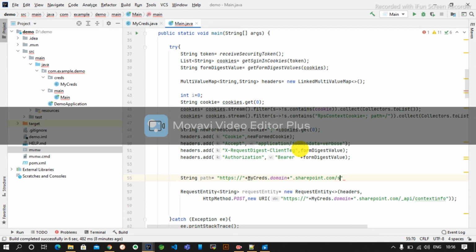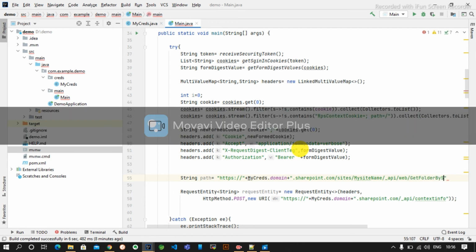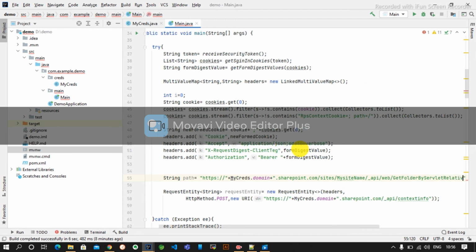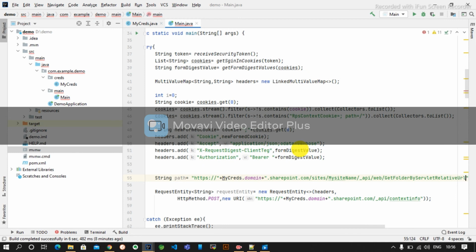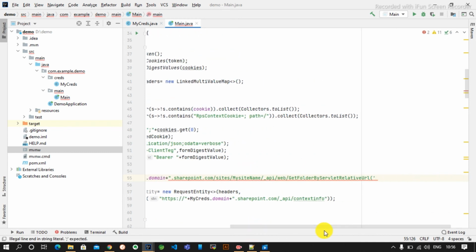Slash sites slash my site name slash API slash web slash get folder by servlet relative URL. So again, you have to pass the relative URL path of the folder. Okay,